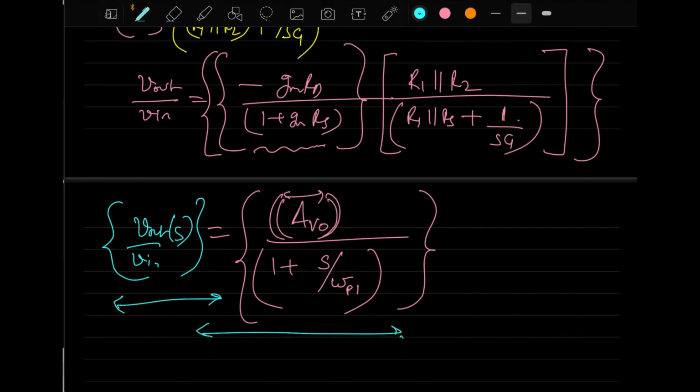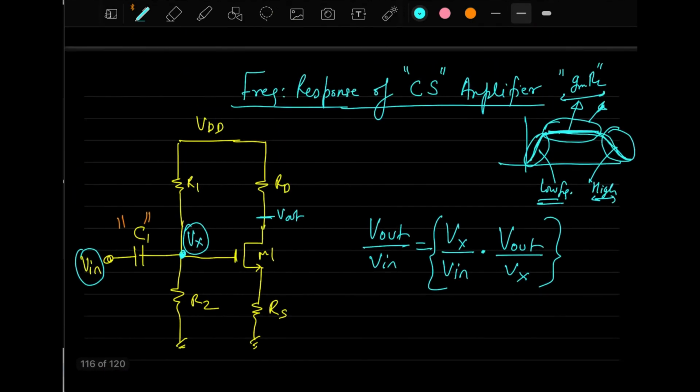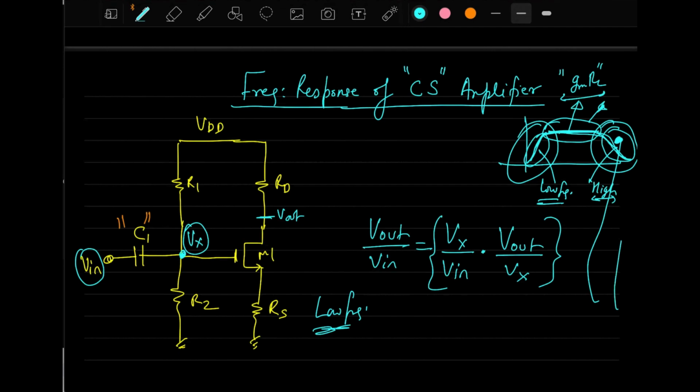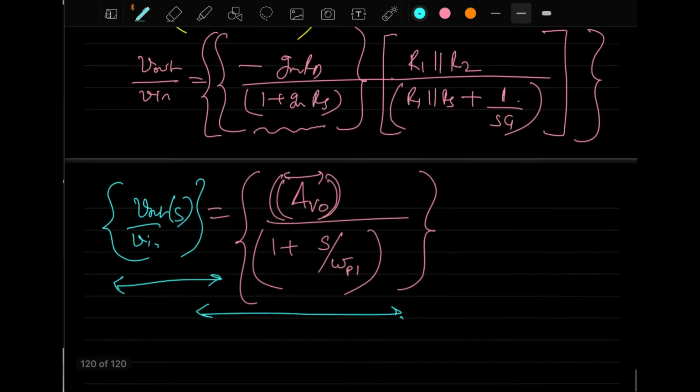So any questions here regarding this? Okay, so if you have understood this, it's good. This is basically the low frequency response of this particular amplifier which we have discussed. So we basically targeted the low frequency behavior. In the next class, we will understand the high frequency part of this particular thing. Next we will discuss this particular part. So if you do not have any questions, then it's okay.